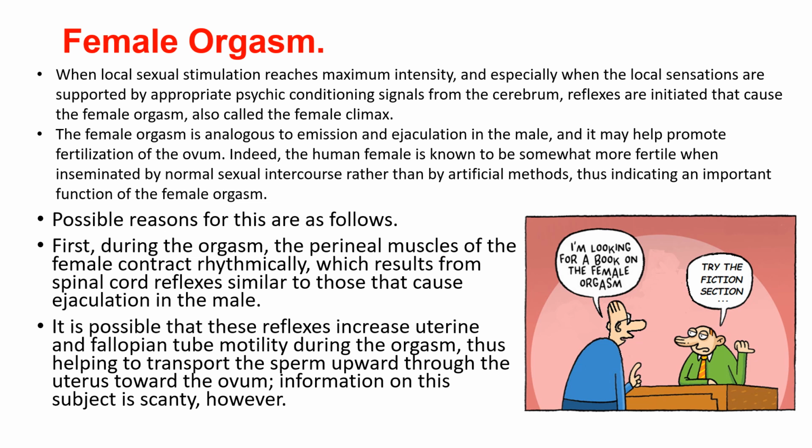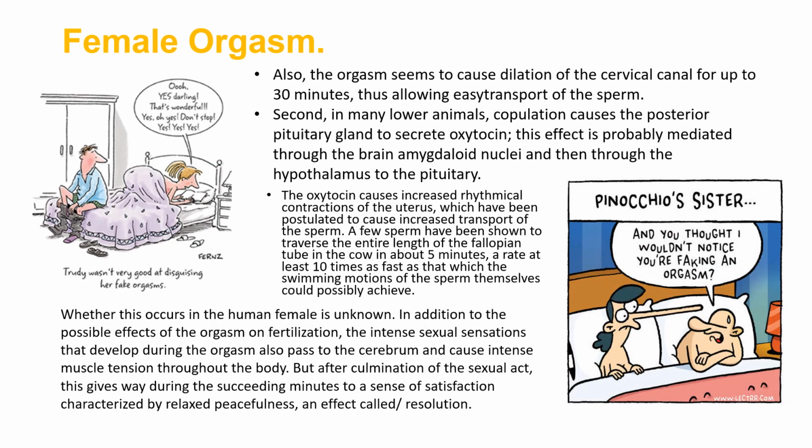First, during the orgasm, the perineal muscles of the female contract rhythmically, which results from spinal cord reflexes similar to those that cause ejaculation in the male. It is possible that these reflexes increase uterine and fallopian tube motility during the orgasm, thus helping to transport the sperm upward through the uterus toward the ovum. Information on this subject is scanty, however. Also, the orgasm seems to cause dilation of the cervical canal for up to 30 minutes, thus allowing easy transport